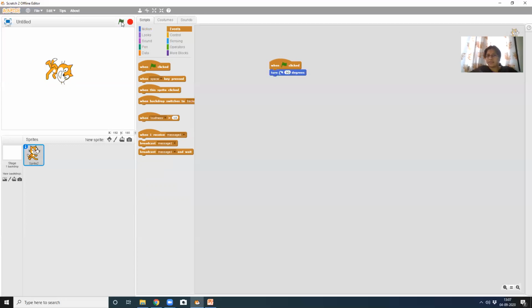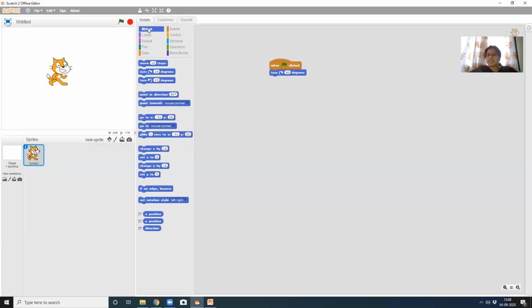See, once more, let me do it. So this is how your clock moves, right? This is clockwise. And if you want to go anti-clockwise, let's see it. So I will take this off and see here. The next one, this is towards clockwise. This is counterclockwise. So I'll click it here. See, it is going the opposite way. And now it is going slowly. Why? Because it is just moving 15 degrees. I'll just use 90 again here.